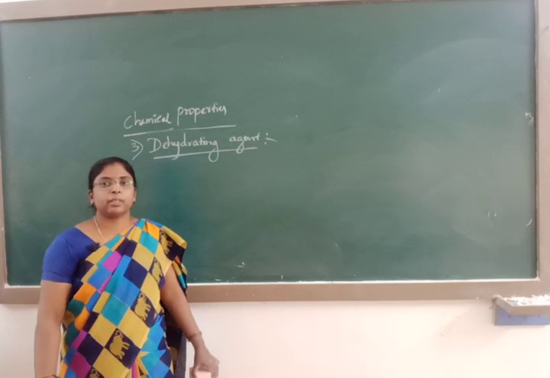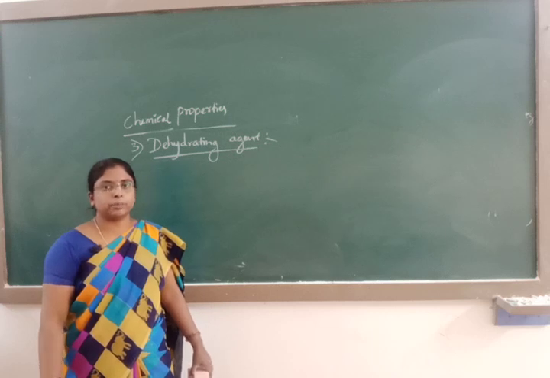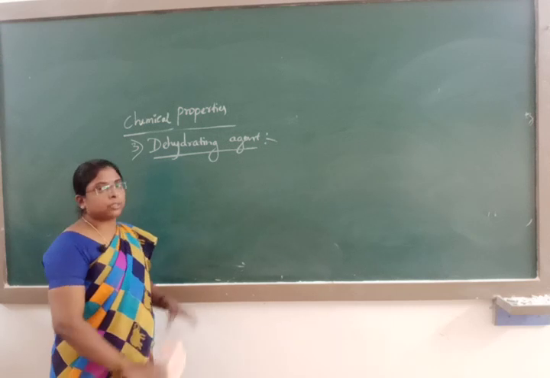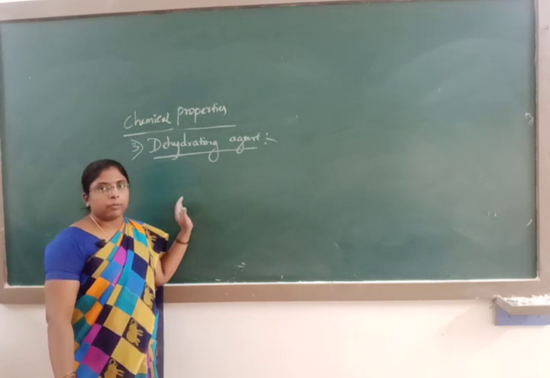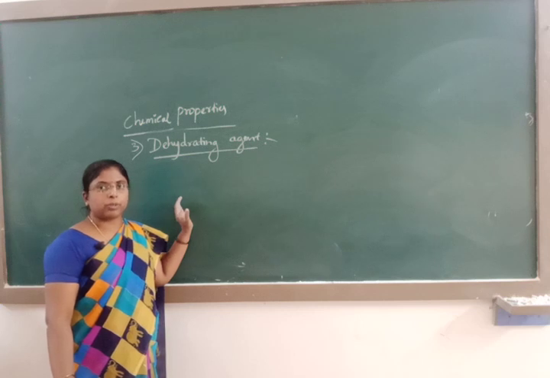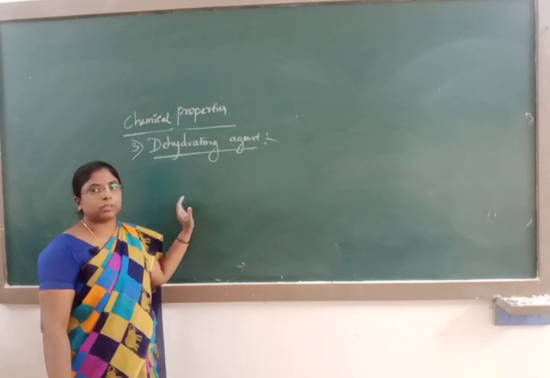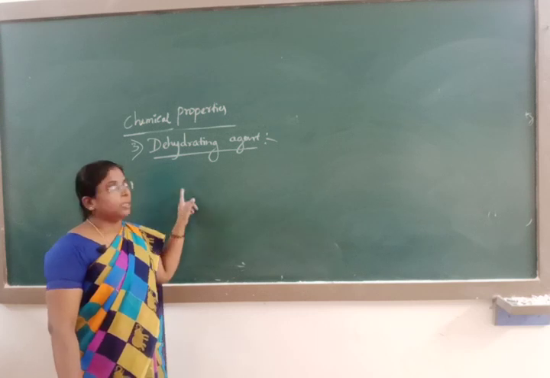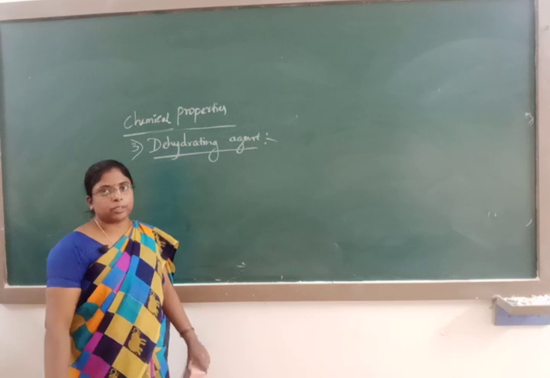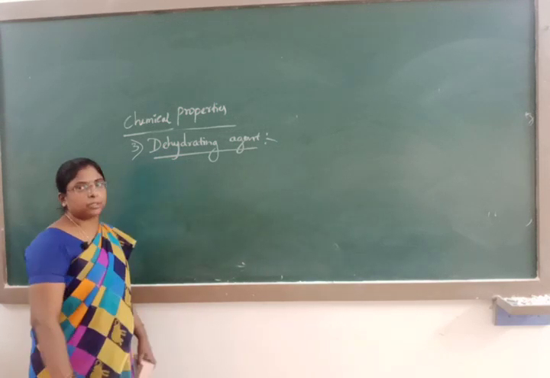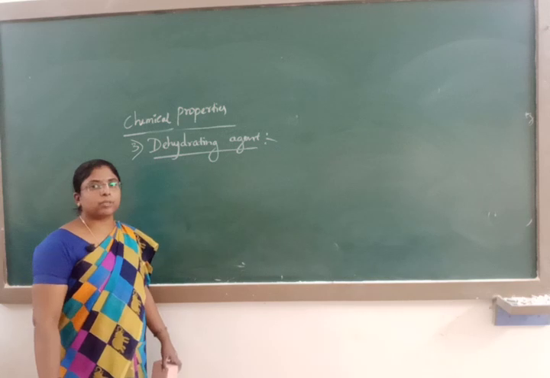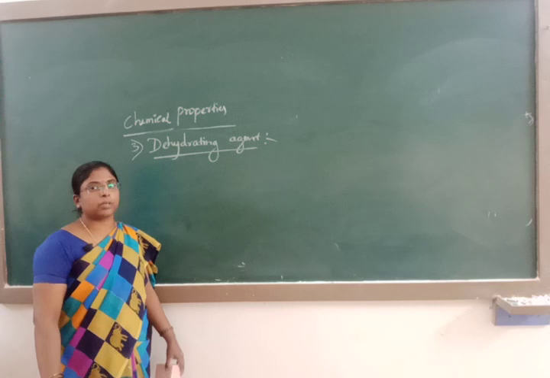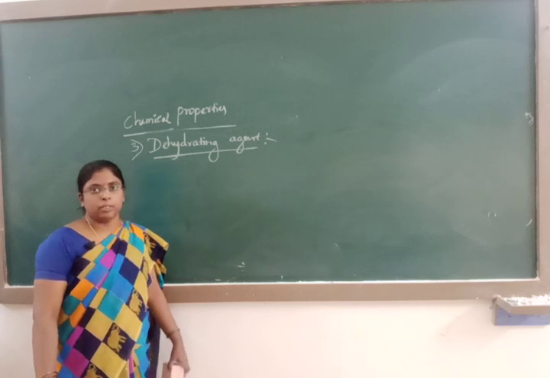So while preparing gases, if moisture is present along with the gases, we have to dry them. How can we dry them? Using concentrated sulfuric acid. When the moist gases are passed through concentrated sulfuric acid, it absorbs the moisture and we get dry gases. It acts as a dehydrating agent. All the gases cannot be used here because some gases react with concentrated sulfuric acid. Hence, we have to use gases which do not react with concentrated sulfuric acid.